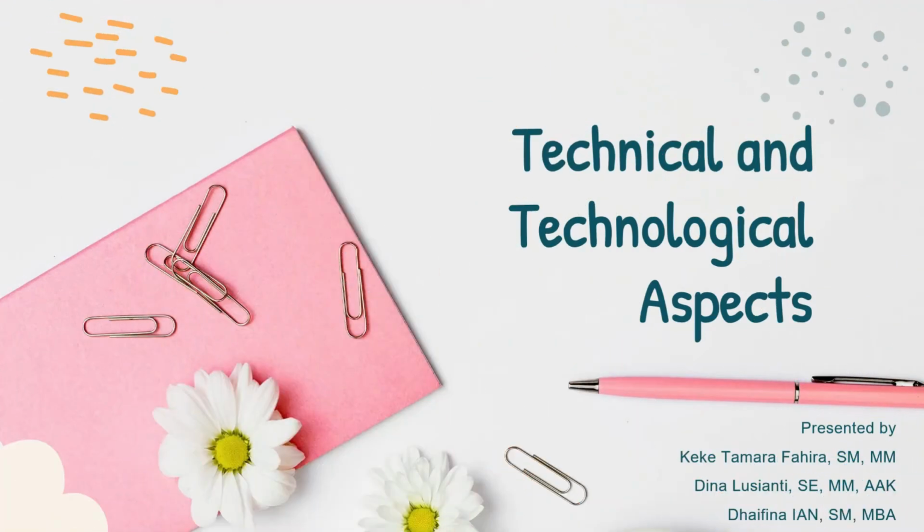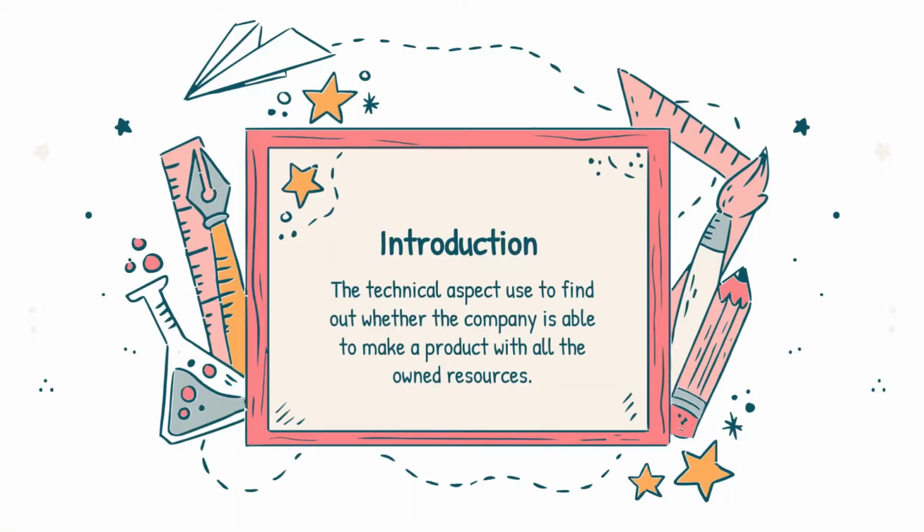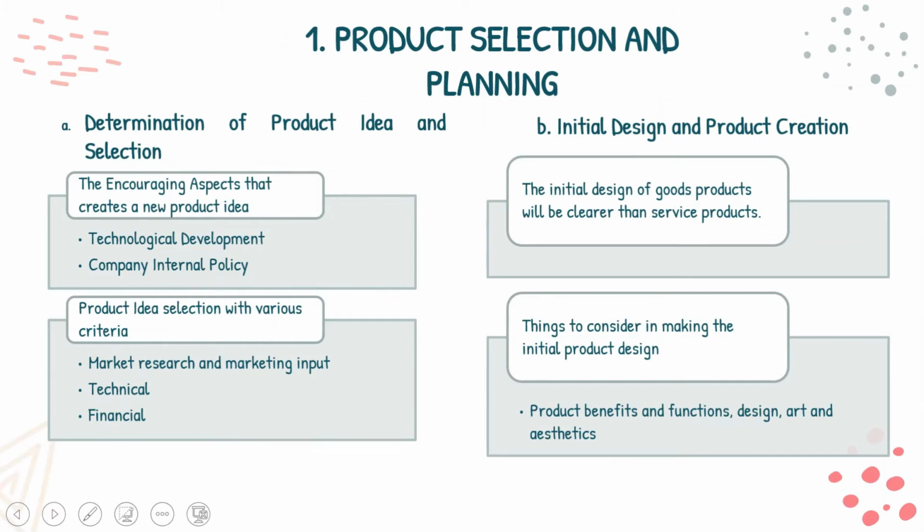Today we're going to study the technical and technological aspect. First things first, the technical aspect is used to find out whether the company is able to make a product with all its own resources. The first thing you really need to consider when we're talking about the technical and technological aspect is your product